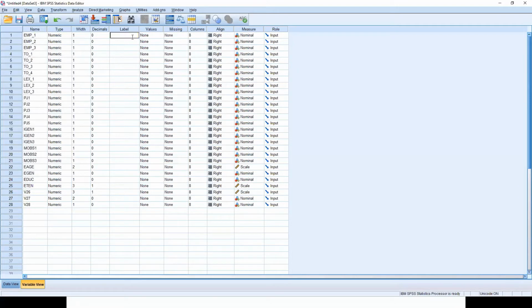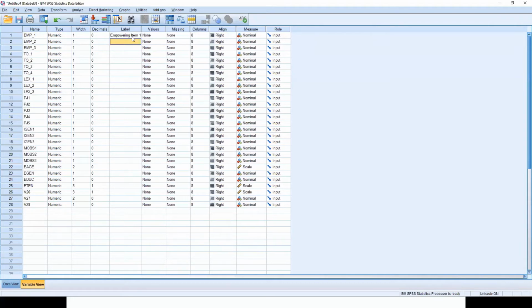Then labels, if you want to assign any labels, you can say empowering item 1, right? You can give them empowering item 2, just for your convenience.